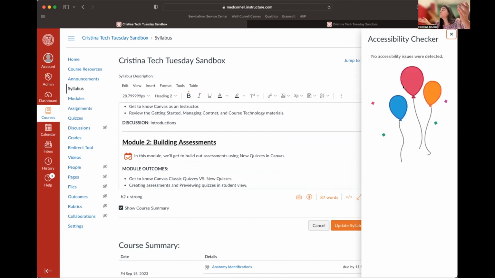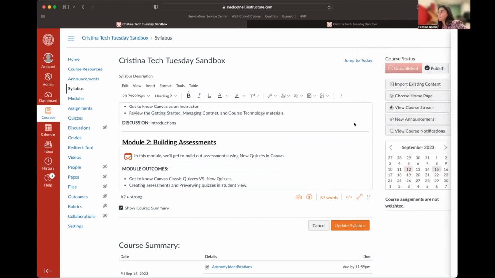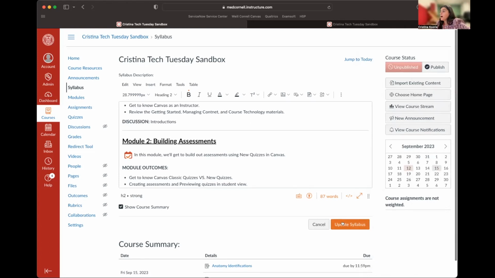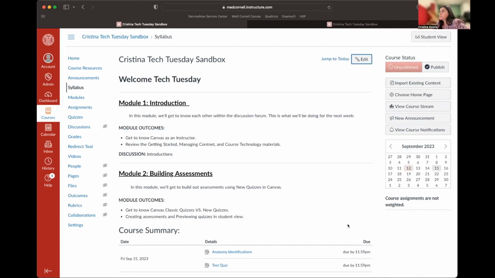So now I've fixed all 3 of those accessibility issues, and now the accessibility checker has come back and said no accessibility issues were detected. I got the balloons. This looks really good. I'm going to update the syllabus I've created, and a lot of the times the accessibility checker does pick up